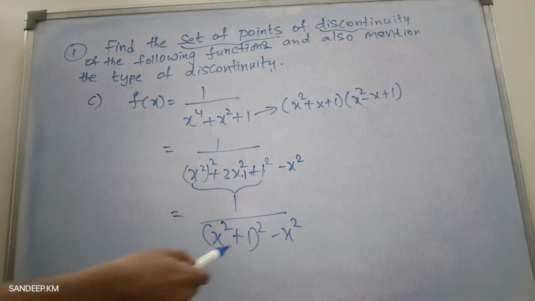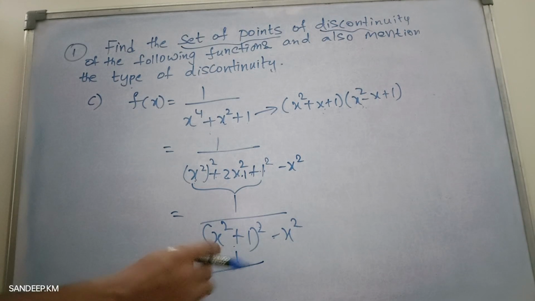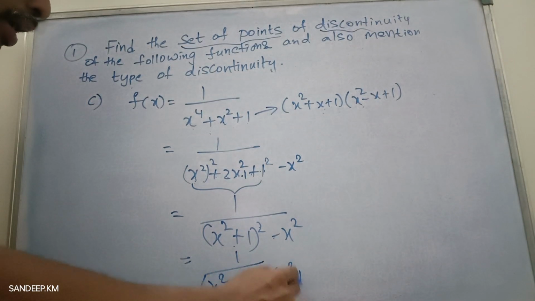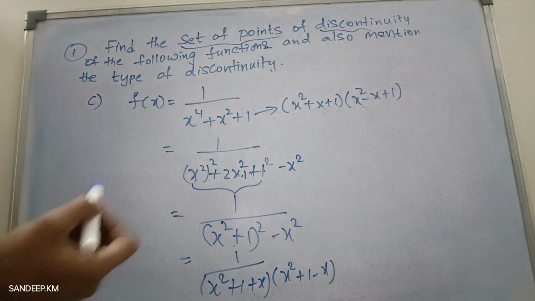Next, let us use the a square minus b square identity, and what do we get? So 1 divided by a square minus b square is a plus b into a minus b. See, I got the factorized product. This and this both are same itself. And dear students,